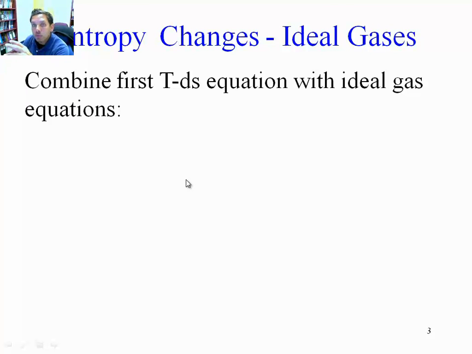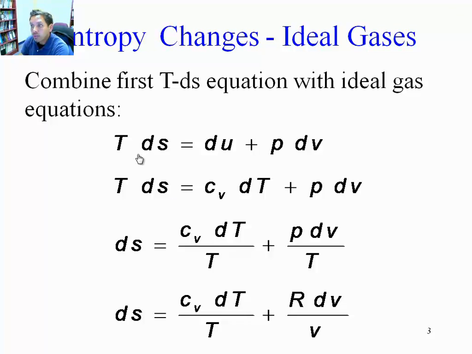Now we're going to go back to the TdS equations that we formulated a couple of lectures ago. The TdS equations were differential equations that expressed the changes in entropy as a function of the changes in energy and the changes in volume. The first TdS equation said that temperature times the change in entropy is equal to the change in energy plus pressure times the change in volume. Because we're talking about ideal gases, we're going to replace du by Cv dT. And then we're going to